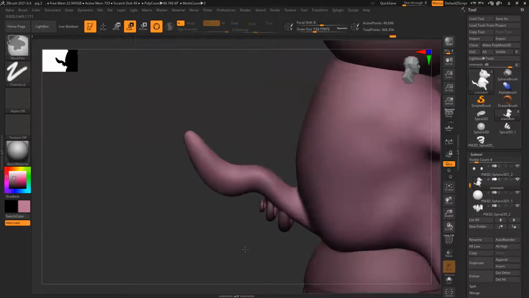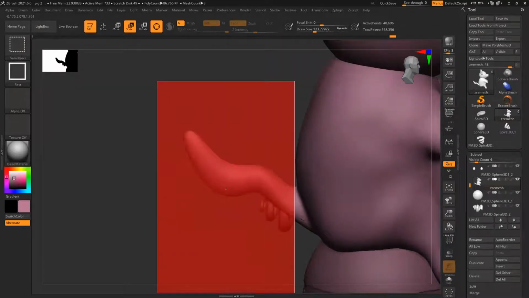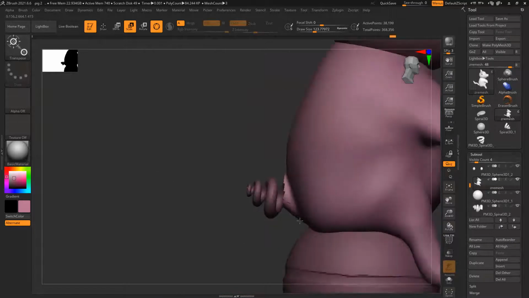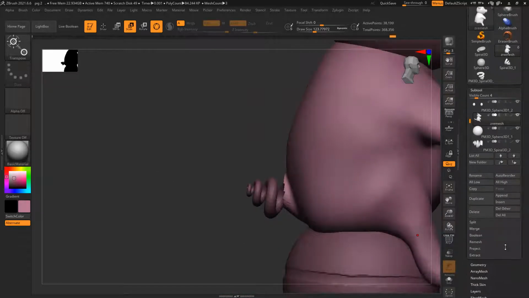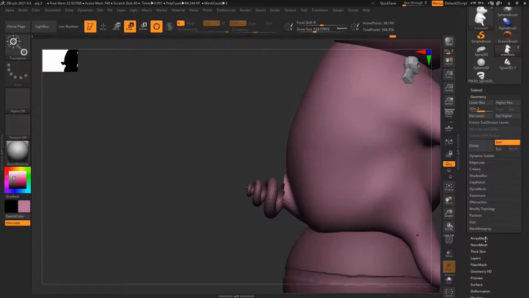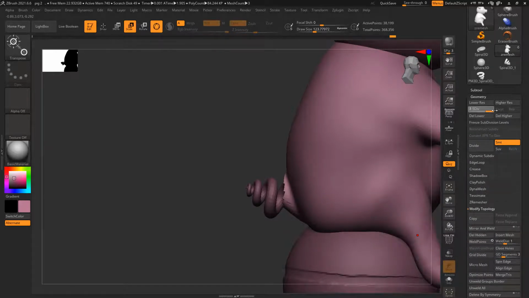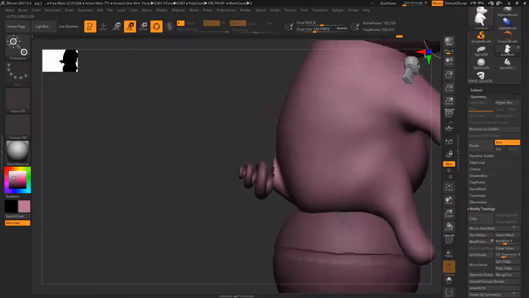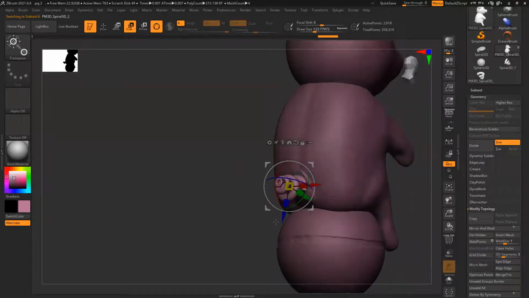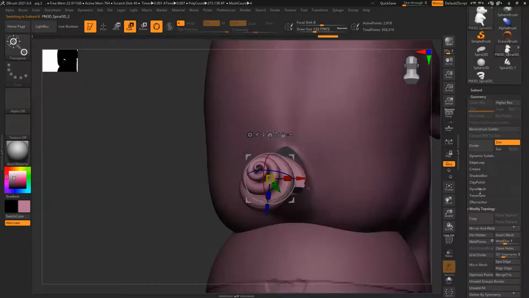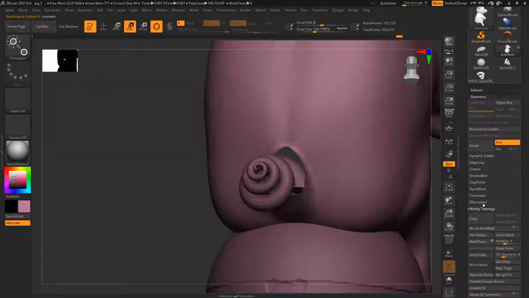Or Control Shift, go to the select tool, Control Shift all together, mask it. It's hidden now. Then go to subtool, geometry, modify topology, delete hidden, done. And these two now you have to combine. For that you have to close all the holes, close hole.